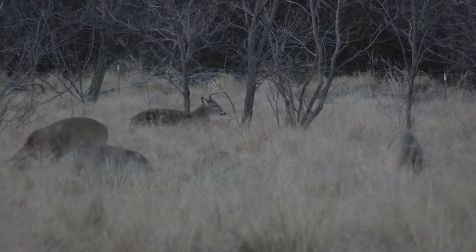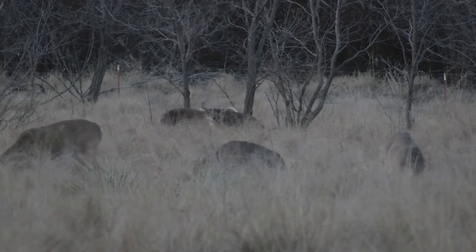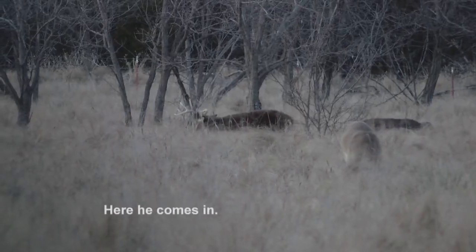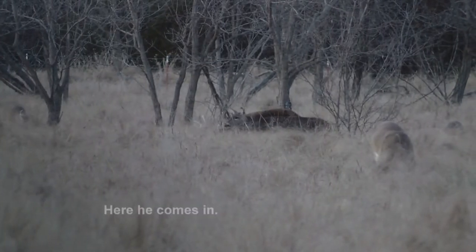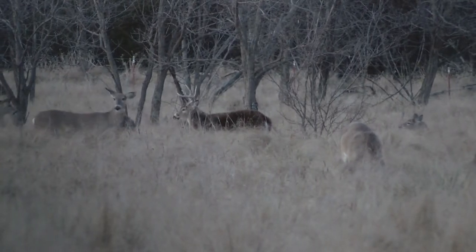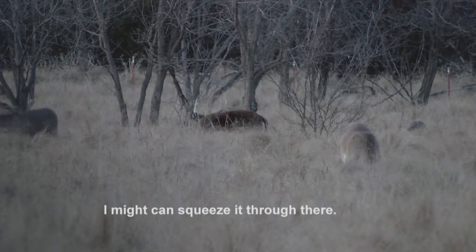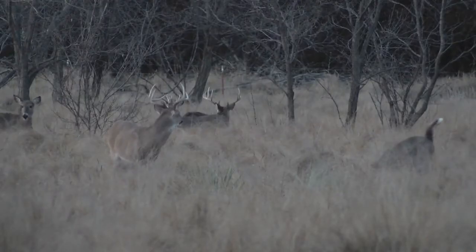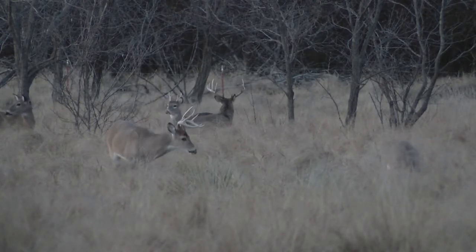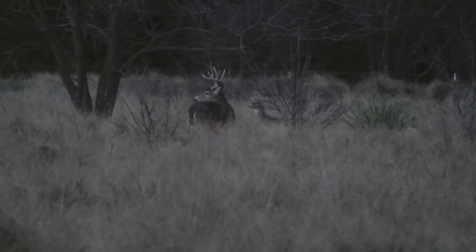The problem with that tall grass is with that buck mingling around the other deer, staying in that tall grass and brush, we just didn't have an ethical shot. Waited and waited and waited some more, and then finally, just as we were about to lose light,